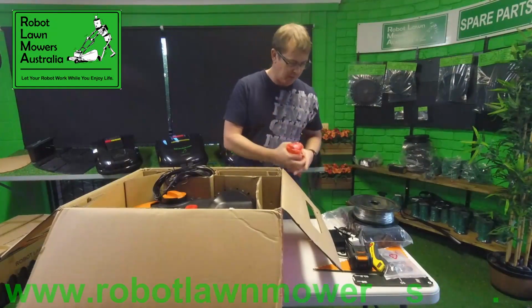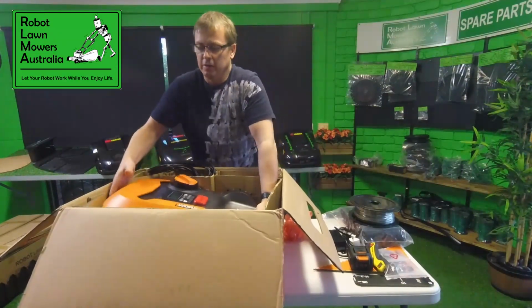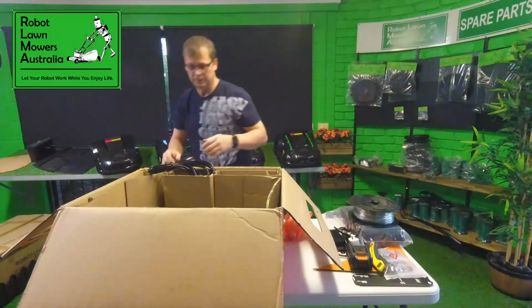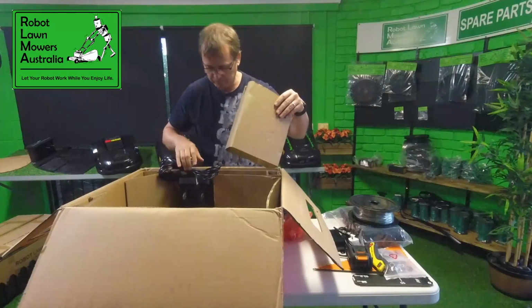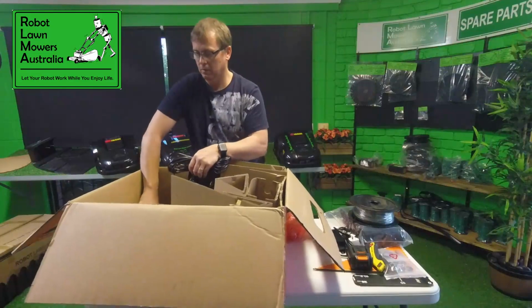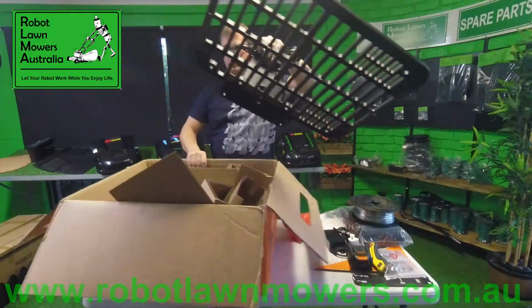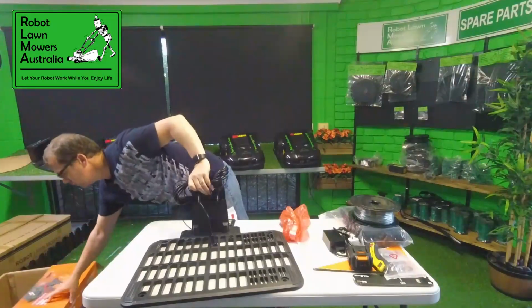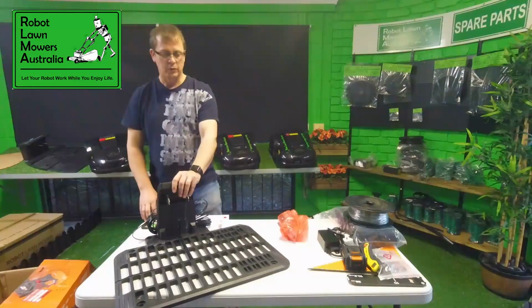Now, I'll leave this one for last. I'll tell you what that one's all about. I'll just get this mower out and put it to the side for a second, so I can get the base station out of the box. Okay, put this box to the side. Okay, so with this base station,